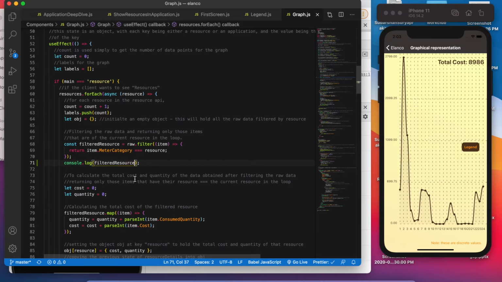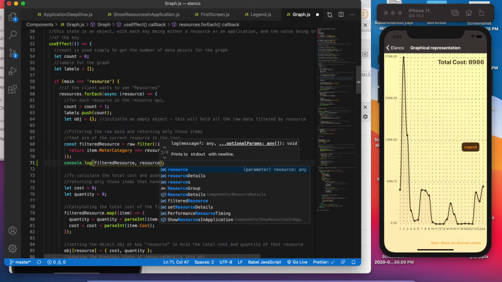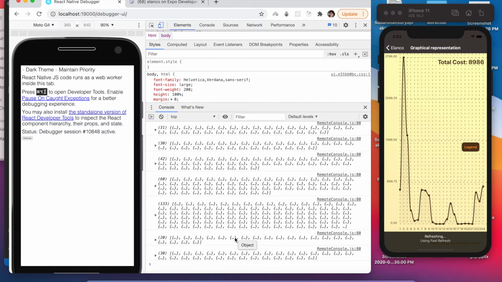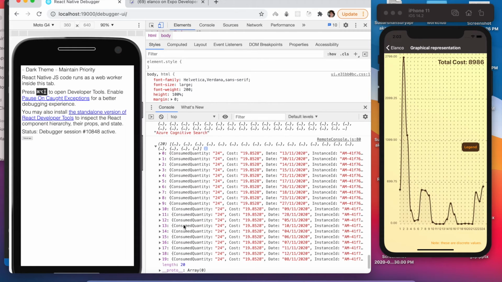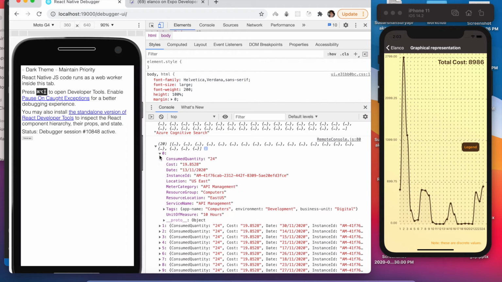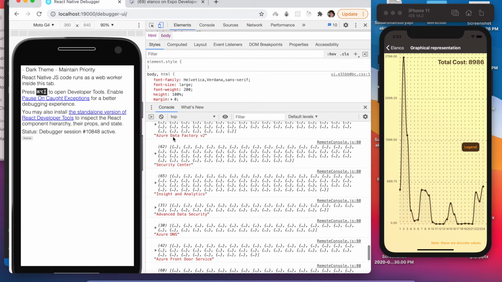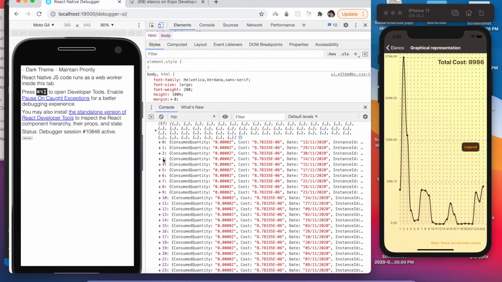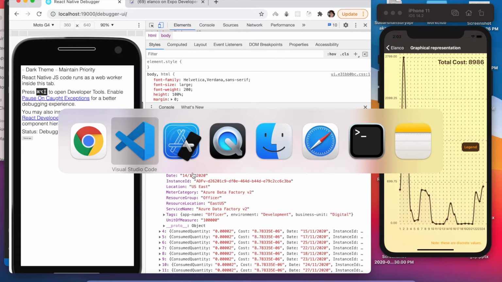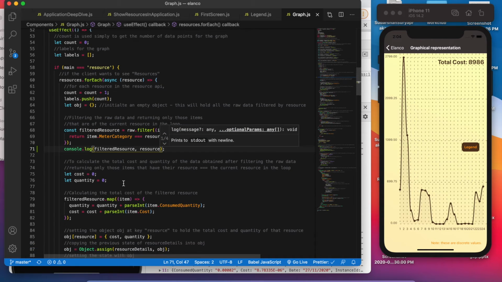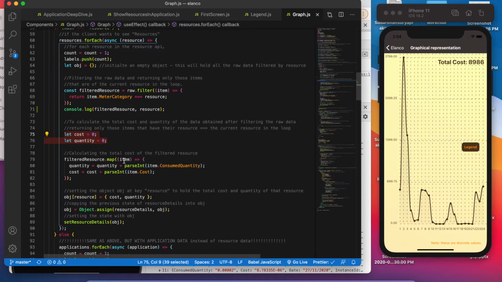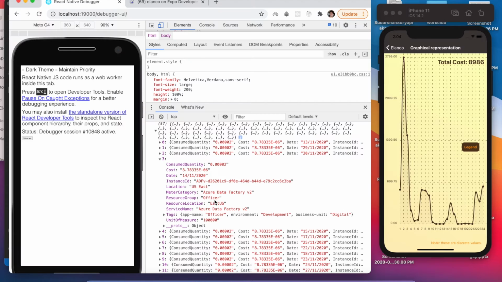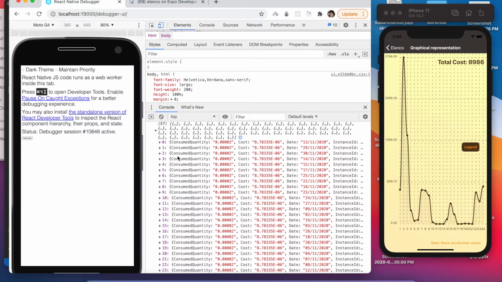Maybe if we just check which resource it is. Yeah, so API management has 20 items in the raw data which have their meter category as API management, and similarly maybe Azure Data Factory v2 has some. Basically we're getting all this stuff and then initializing cost and quantity to 0 for each resource, and we're going through each item for each resource,